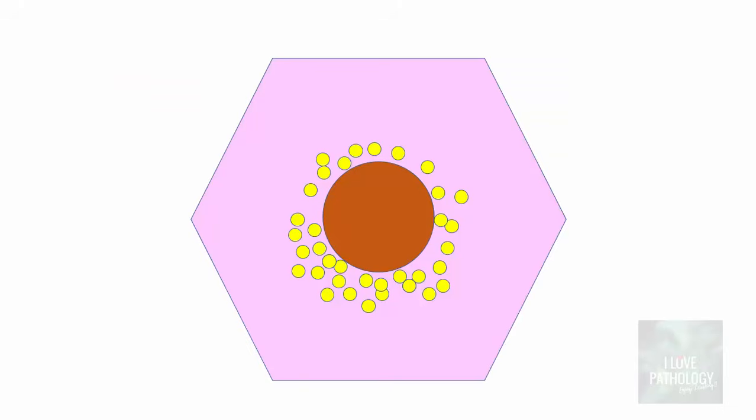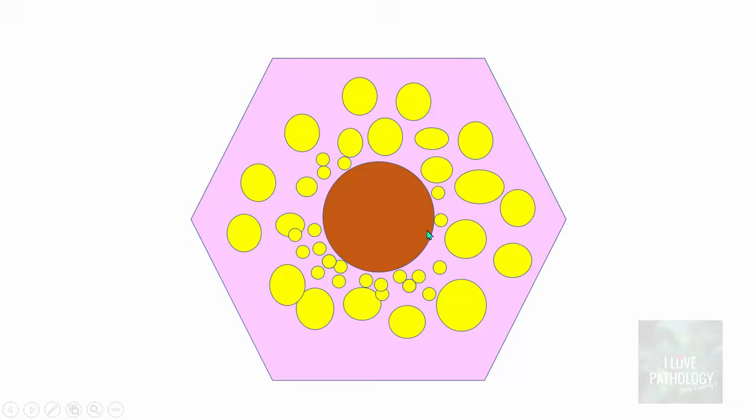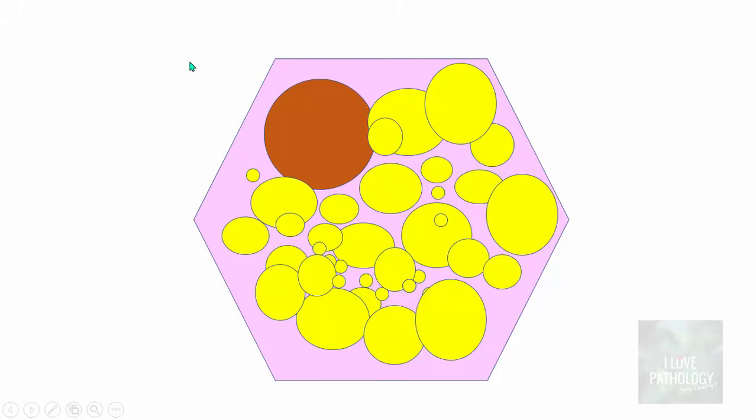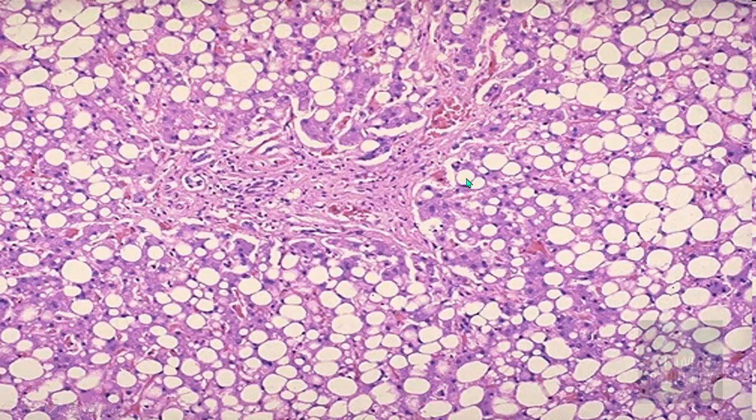Now moving on to the microscopy, initially the fat tends to accumulate in the form of triglycerides around the nuclei. That's called microvesicular fatty change. As it progresses, these microvesicles tend to enlarge and are now referred to as macrovesicular. In the process of conversion into the macrovesicular form, the nucleus is pushed towards the periphery. So the whole hepatocyte cytoplasm is filled with neutral fat, and the nucleus is pushed towards one end. This is the macrovesicular form of fatty change.